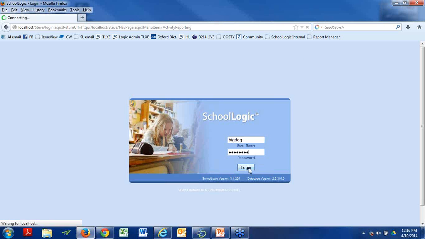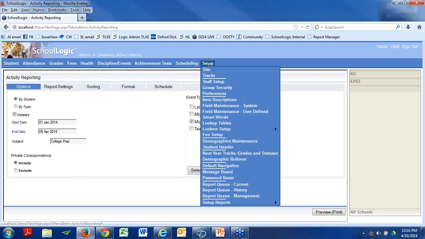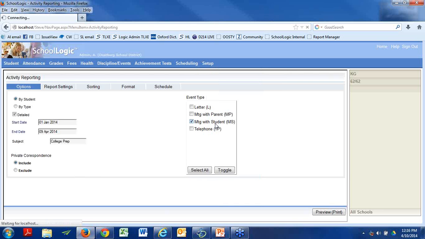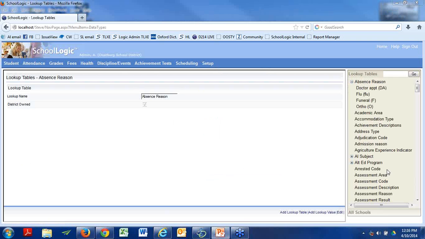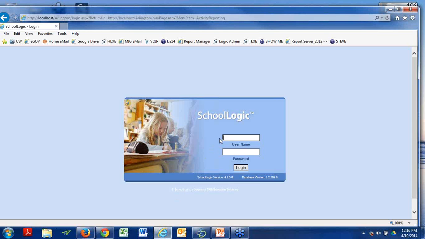You'd like to keep the logins active because I obviously started this like 5 minutes before I joined you guys on the phone, but these things time out if you log in too soon up front. So if I go to Setup and I go to Lookup Tables, in fact, let's make this even more interesting. Let's go in this database.